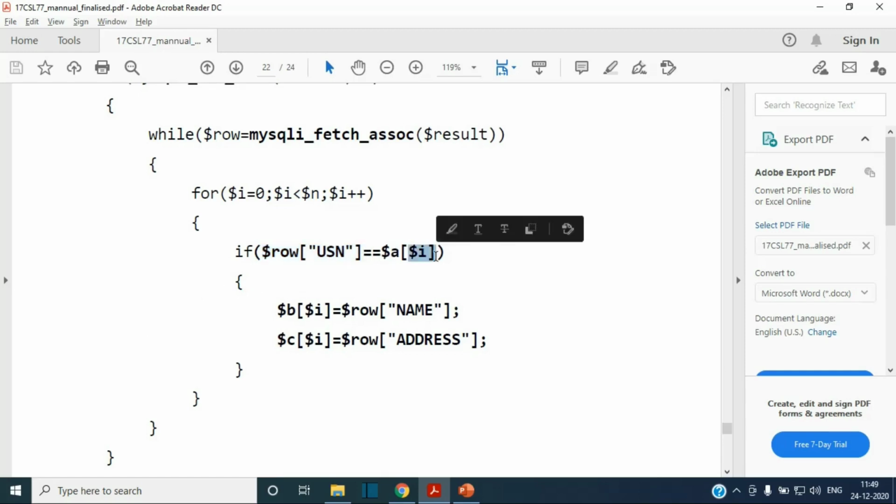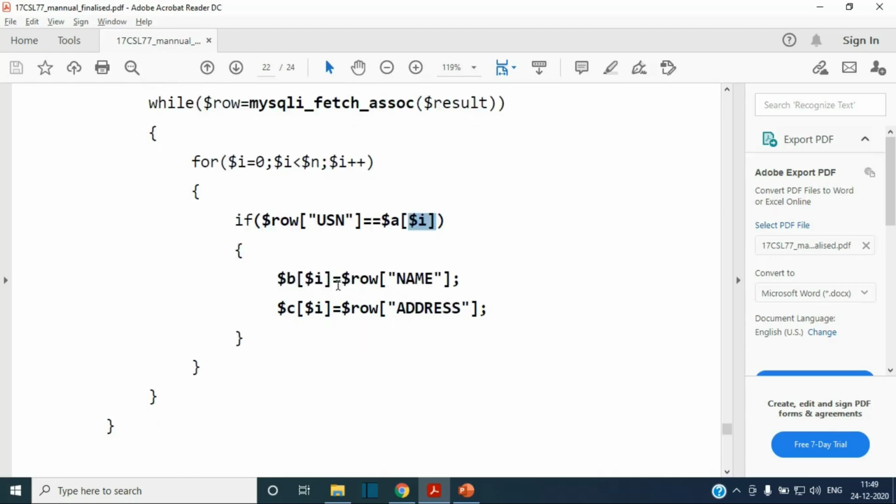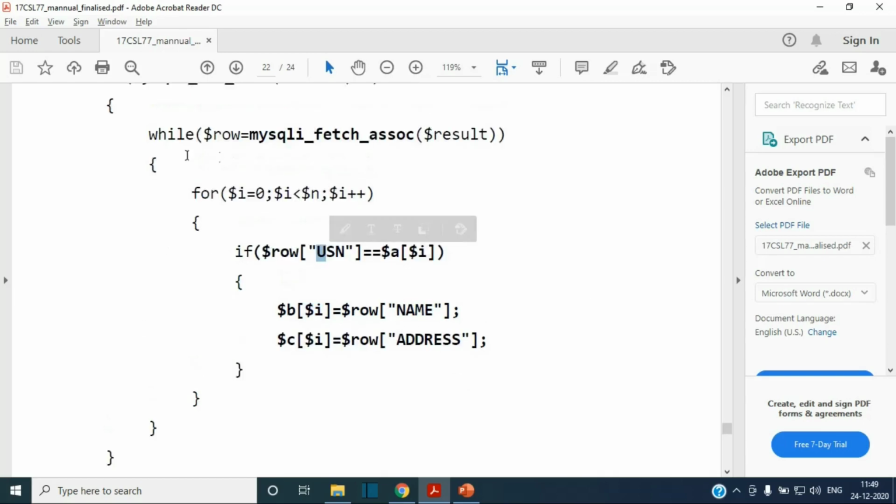What is its index in array $a? At the same index, I will copy the respective name and address of that USN. This will keep repeating for all the rows, and finally $a will have sorted USNs, and $b and $c will have corresponding names and addresses as per the USN index.